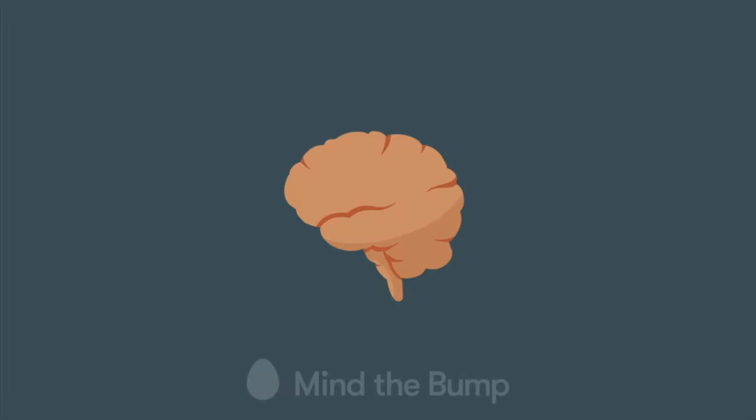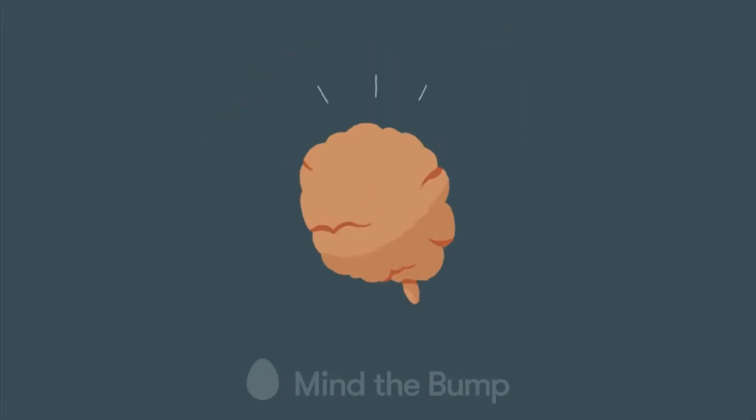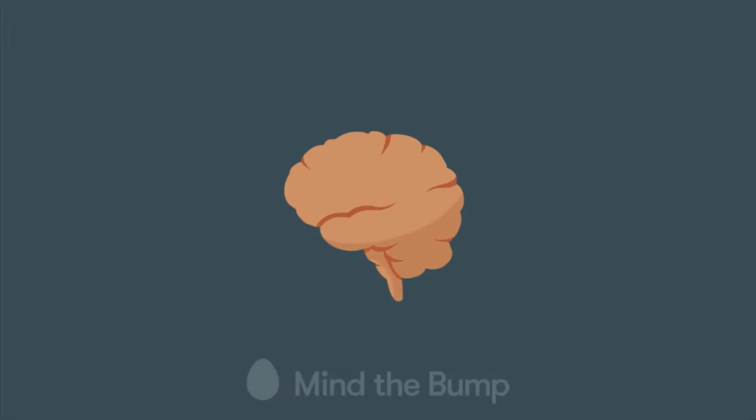The concept of neuroplasticity is a new and exciting area of science. It highlights that our brain is constantly being reshaped throughout our lives by both our experiences and our thoughts. We now know that it is the focus of our awareness that determines which brain networks are strengthened and which